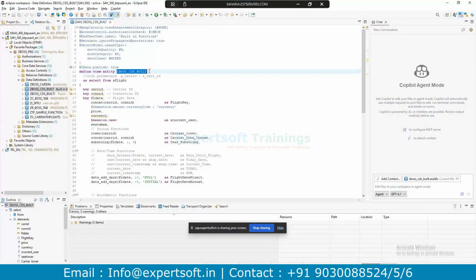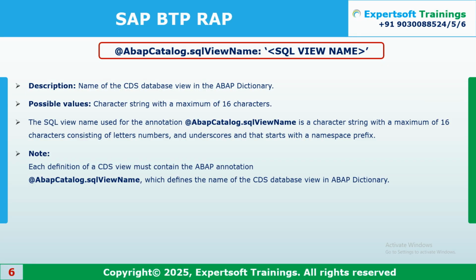So there was confusion. There was a lot of misalignment when we were moving to production. If any changes came or if there were naming convention issues, a lot of issues were introduced during the production move. A lot of naming issues were encountered. That's why SAP removed the SQL view name in favor of the entity level. If you use the entity, you don't need to use the @AbapCatalog.sqlViewName.